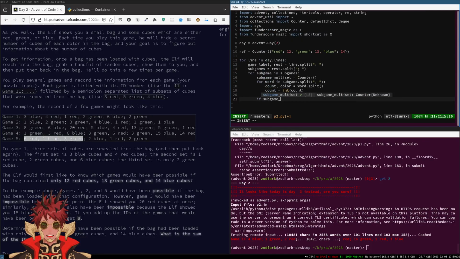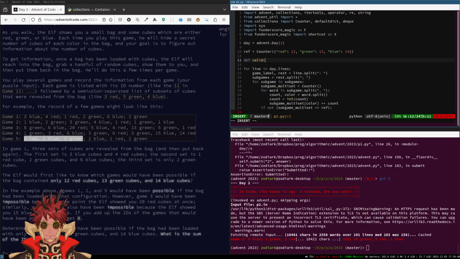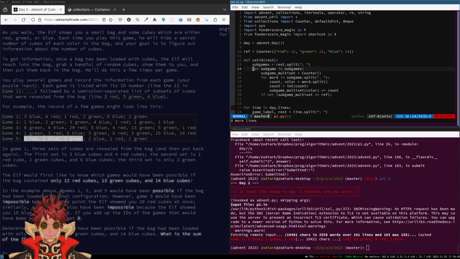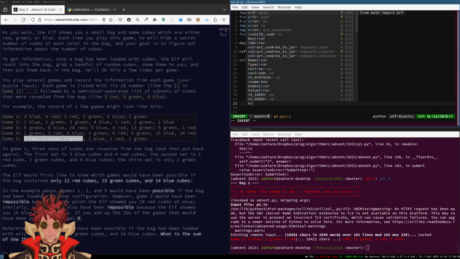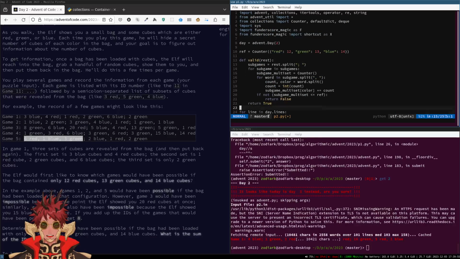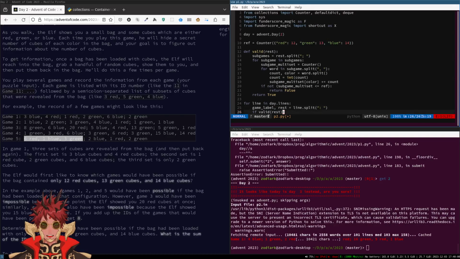If the multi-set is not less than ref, then we really want to, okay, this is a little artificial, but I should return false, true. So if the subgame is valid,